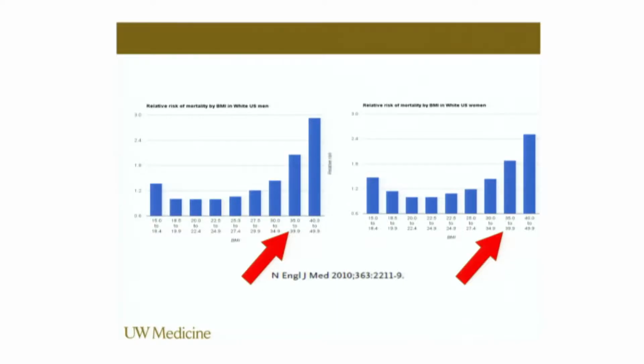Why does it matter? Well, we know as your weight goes up, your risk of dying actually increases. I apologize, the title of this is probably the same color as the top bar, but what this is showing is a relative risk of all-cause mortality or death in U.S. men and women. And you see, once you get to that area between 30 and 35, and especially beyond 35, the risk of all-cause mortality, or the risk of dying, really starts to increase. So this is something that really needs to be intervened on, and this forms the basis of patient selection for